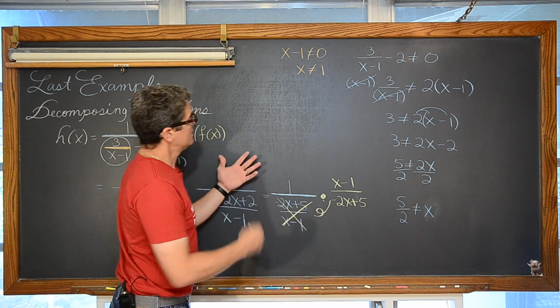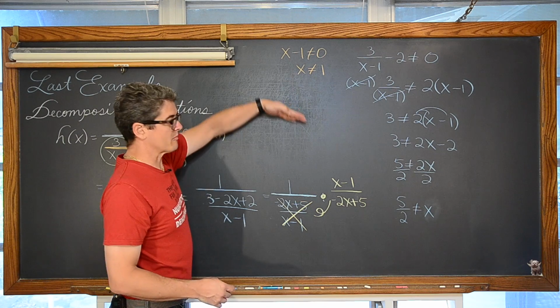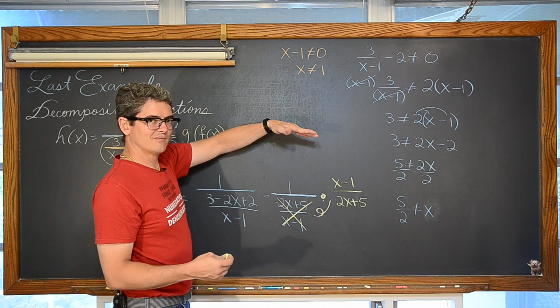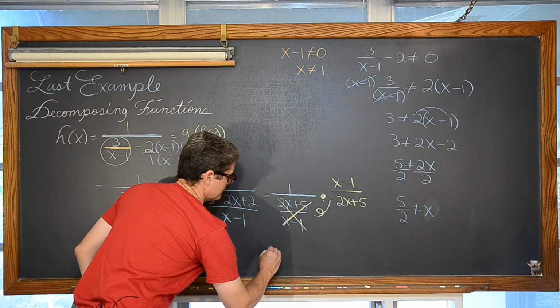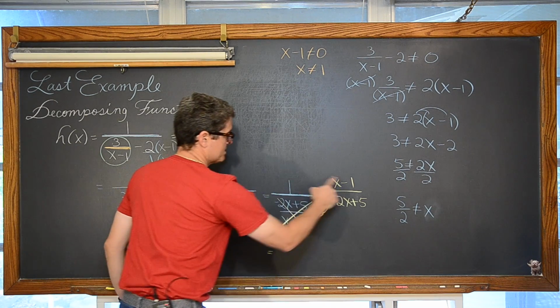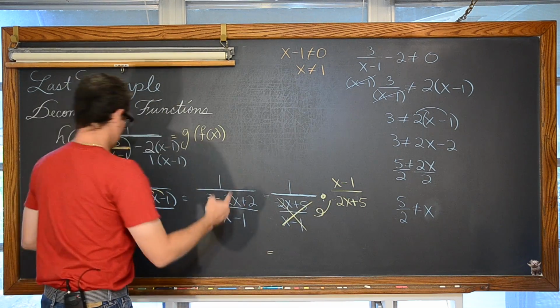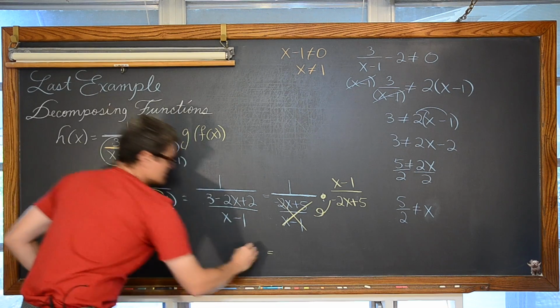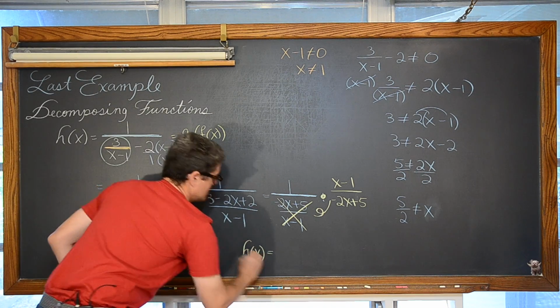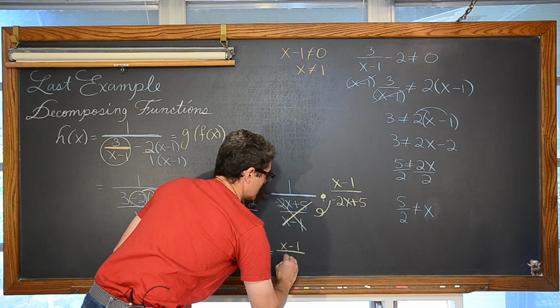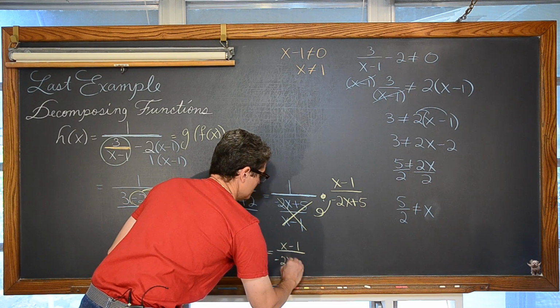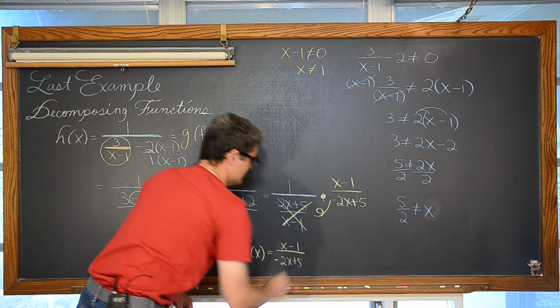I'm just skipping this step in written terms, because I don't like to work my way up. It's kind of weird to look up through your steps of work. I'm just running out of room here. Well, of course, 1 times anything is anything. It's whatever you started with. So we have h of x is equal to x minus 1 over negative 2x plus 5.